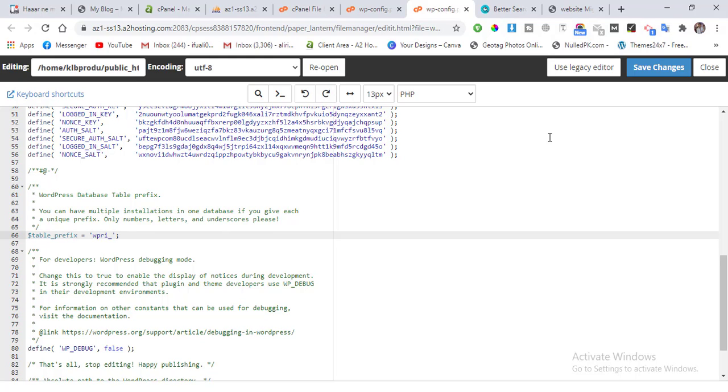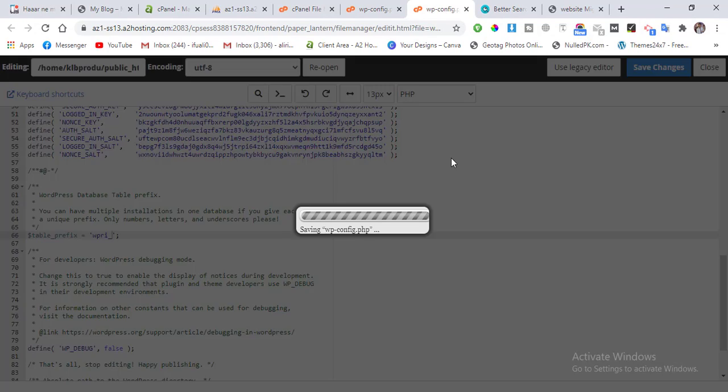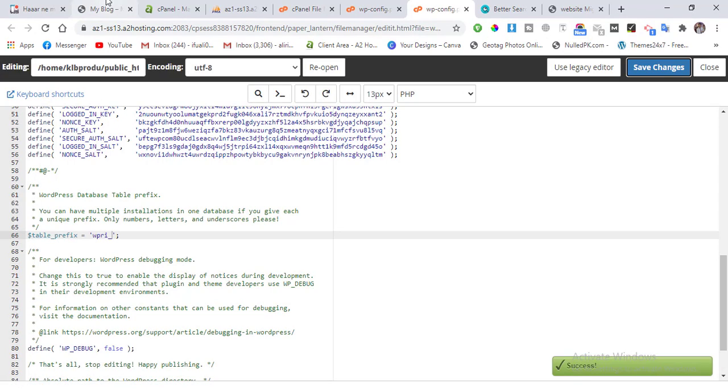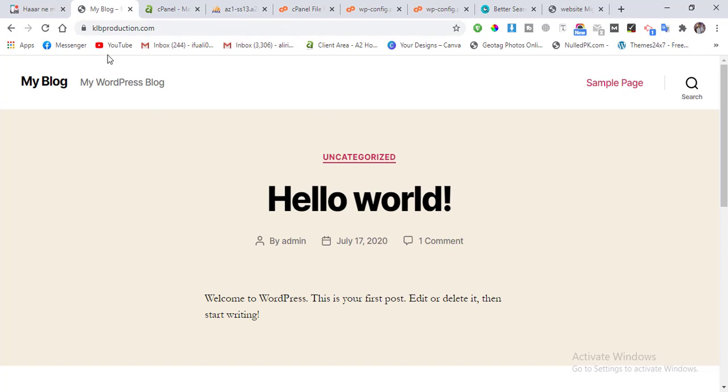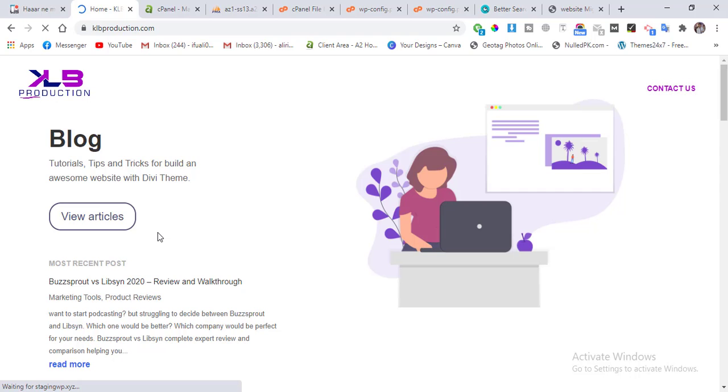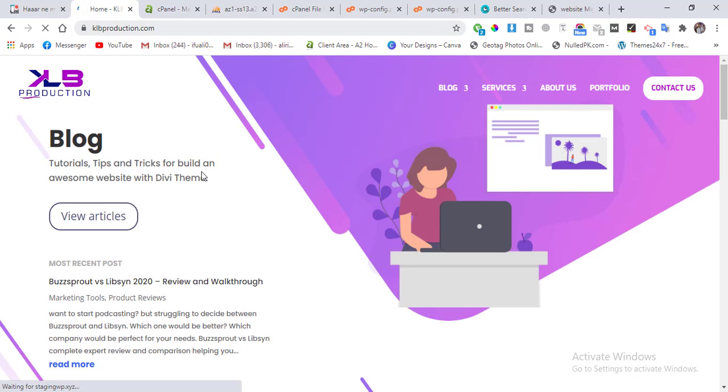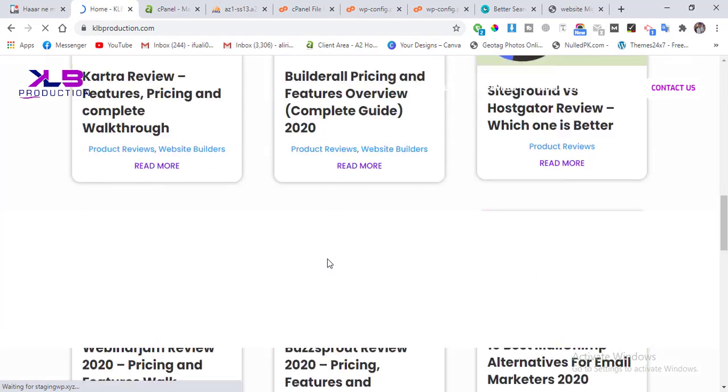And paste it and save changes. Now, as you can see, here is klbproduction.com. We are going to reload this website. As you can see, the website is migrated to the new hosting.